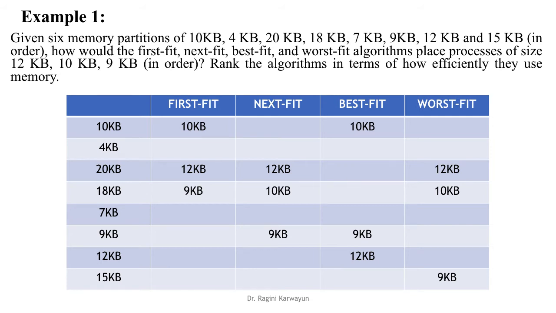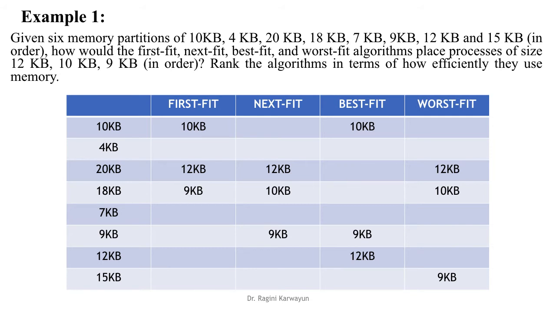So this is the first fit policy, where for each process you start your search with the first hole every time, and you find the first hole that is big enough to hold that particular process and allocate that partition to it. Now we will move to the next fit policy. In next fit, for the first process, 12 KB, again 10 KB is less than 12 KB, 4 KB is less than 12 KB, 20 KB can accommodate a 12 KB process, so the 20 KB partition will be allocated to the 12 KB process.